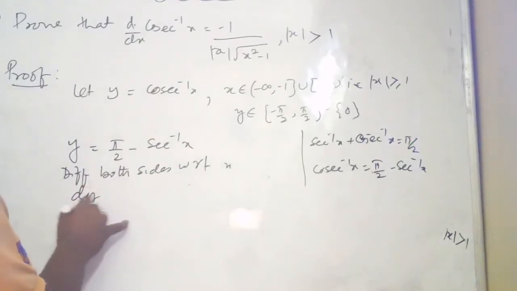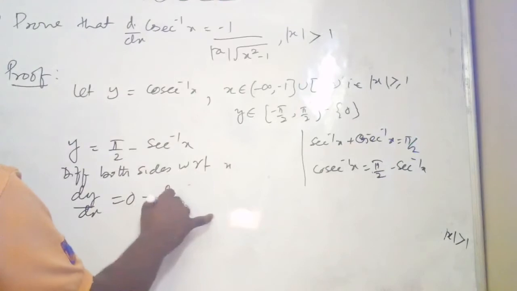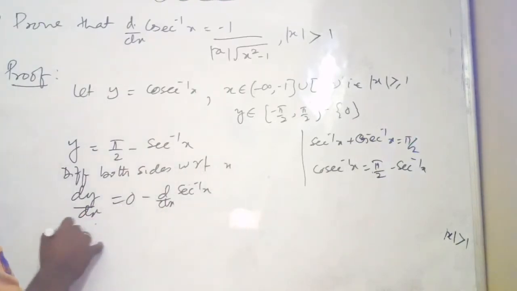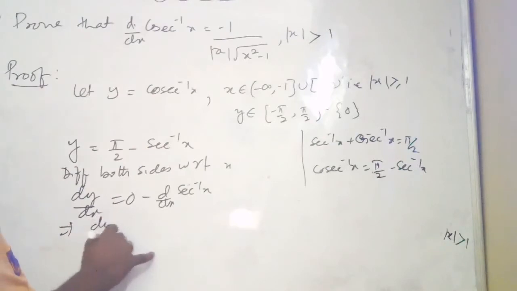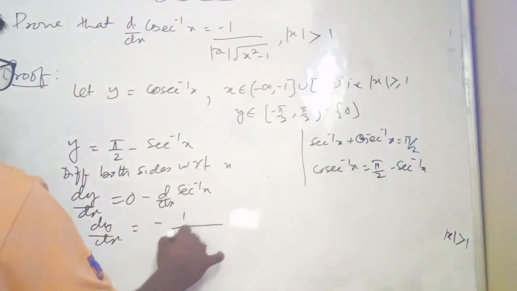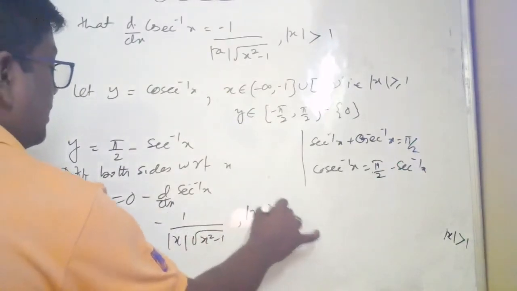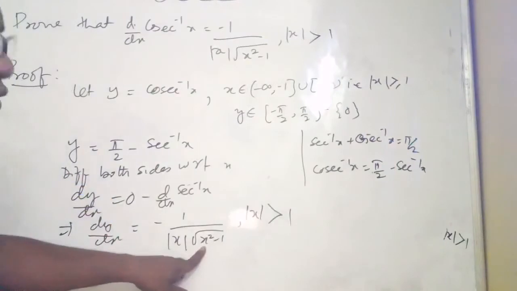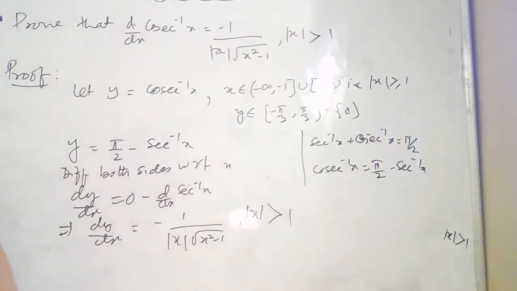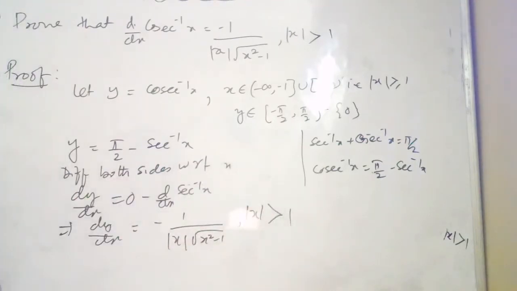So dy by dx is equal to derivative of pi by 2, a constant, 0, minus d by dx of sec inverse x. This is equal to what? dy by dx is equal to minus 1 by mod x into root over x square minus 1, condition mod x greater than 1. If this is equal to 1, then the denominator is equal to 0, so the term is undefined, that's why greater than 1. Okay,